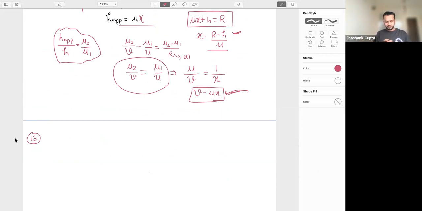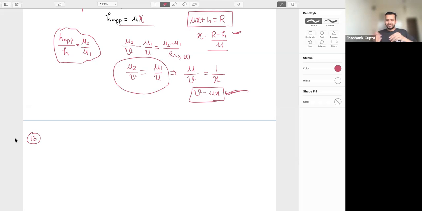Okay. Question number 30. A converging mirror, a point source, a diverging mirror as shown in the figure. The source is placed at a distance of 30 centimeters. Had we discussed this problem last time? We had discussed. Who has a doubt in 13? Last time we discussed it. Okay, I'm not discussing it again.